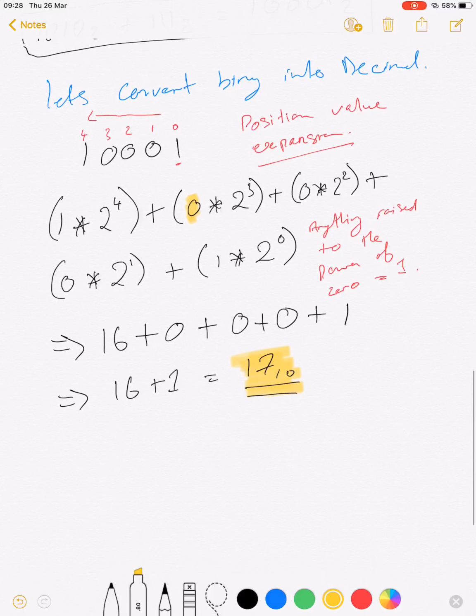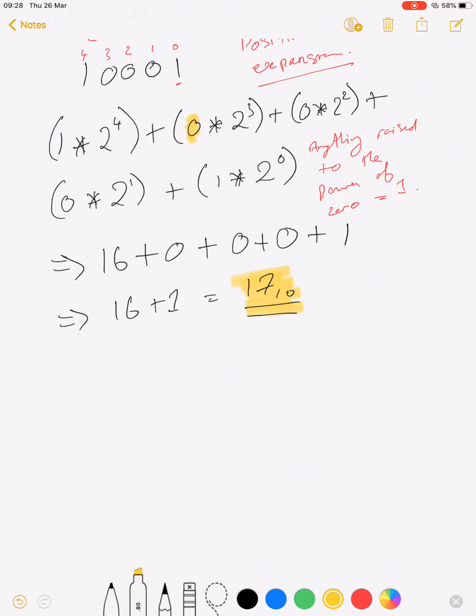So this should help. You should understand now how to add some simple binary numbers. You should know the binary addition rules and be able to convert between decimal into binary and binary back into decimal. So now that we're finished, the only thing we have left to do is to draw a little